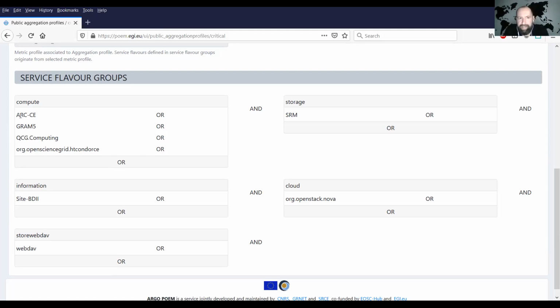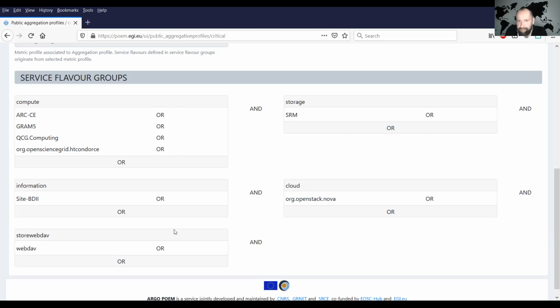When you calculate the availability of a site, if a site provides two of these, and let's say one of them fails, so you have one ARC-CE failing but the GRAM continues working, and the operation is OR, the availability would still be fine, because the GRAM was working, and the users were able to use your computing capability through GRAM, but not ARC-CE. So you don't care how they use it; you just care that they are able to use it. In which case you use OR grouping.